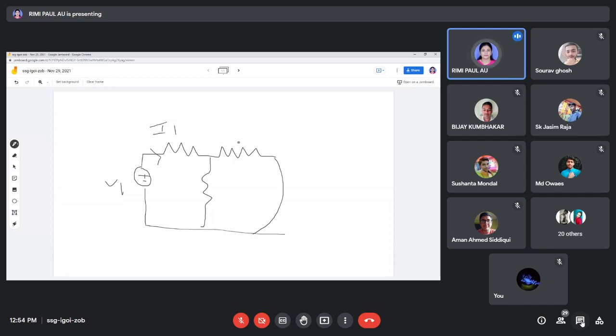The same thing I have done. So if I know I1, then I can find out what is I0. Now our target is to find out I2, and I2 direction is towards this. So I2 is equal to minus of I0. So you can find out what is I0 using the current division rule. So just doing it minus, you can find out what is I2. So if you know I1, I2 and V1, you can find out Y11 and Y21.